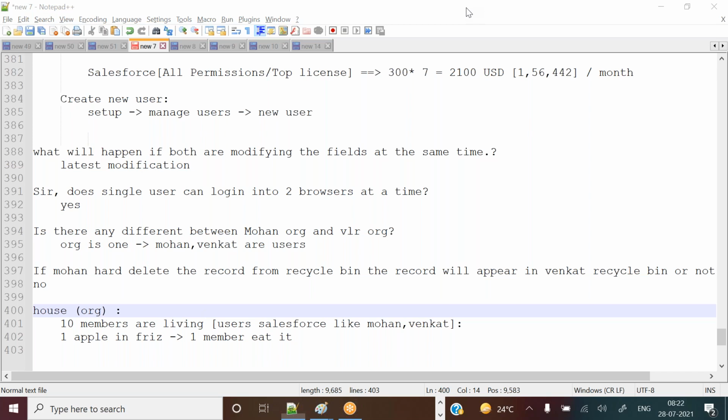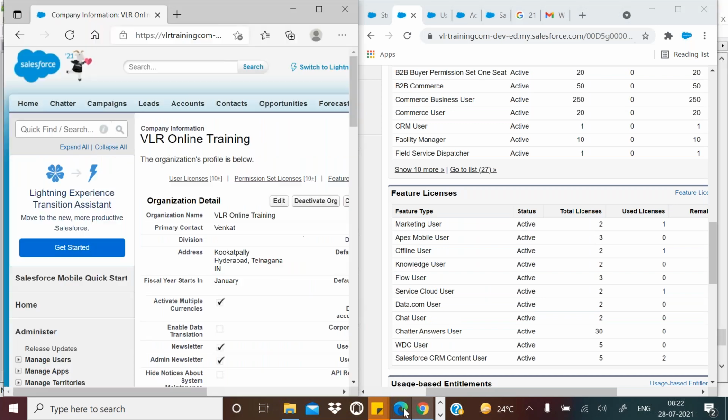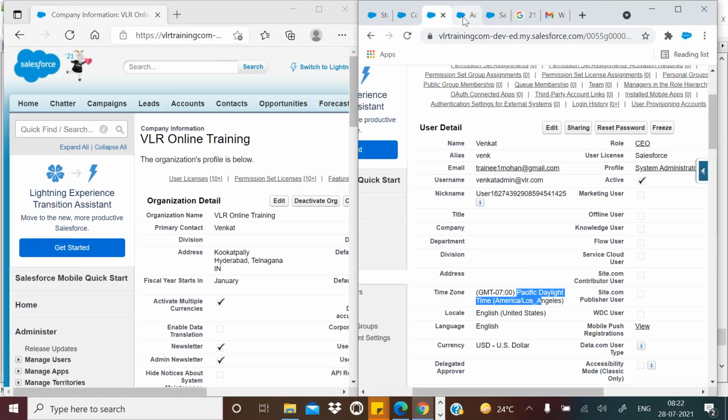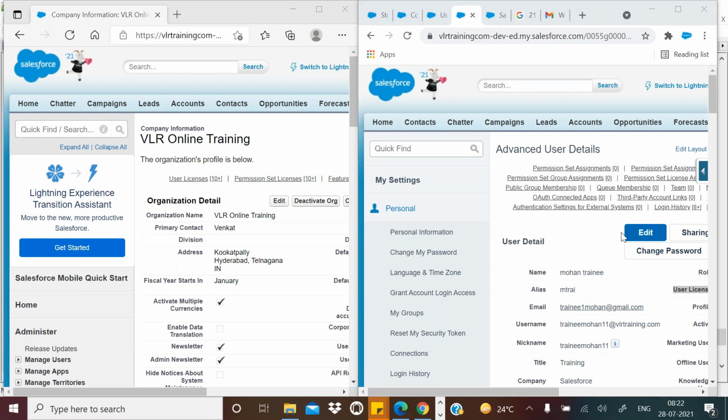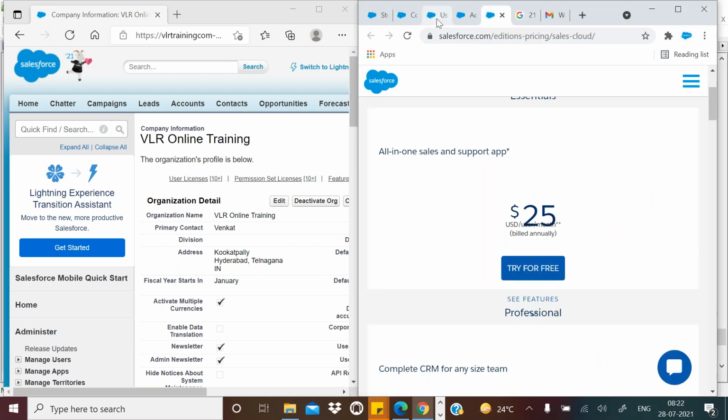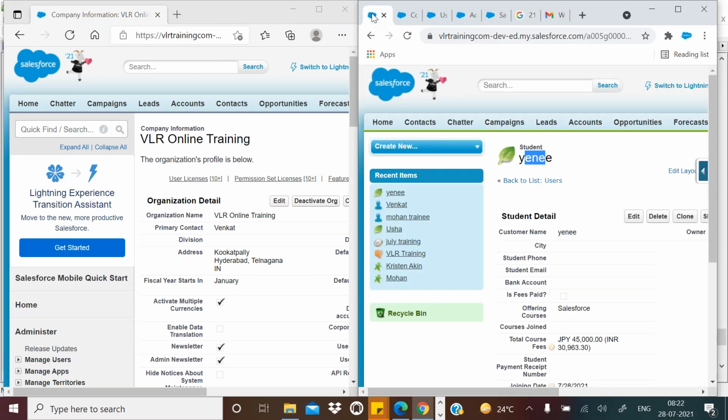So if one user permanently deleted that record, the record will definitely not be available for any user. Okay, that's the answer.